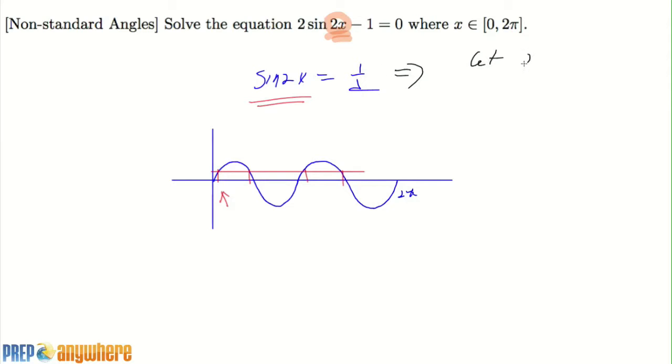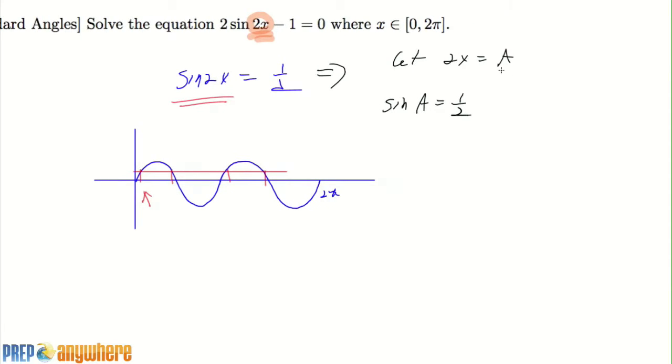We let the 2x be a. Okay, so it becomes sine of a is equal to half. This is very easy to solve. Now, what we do now,